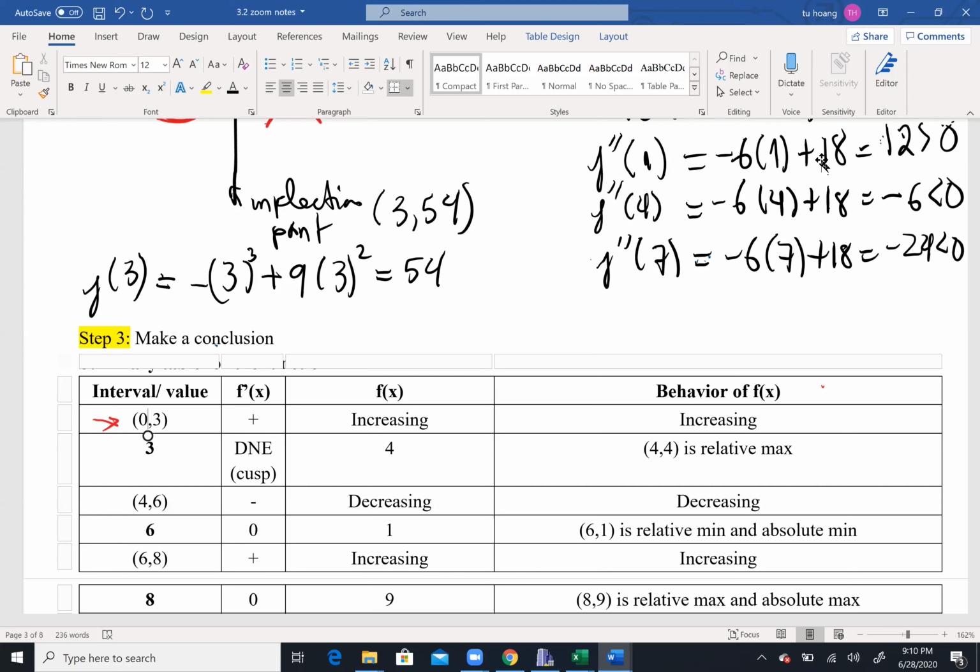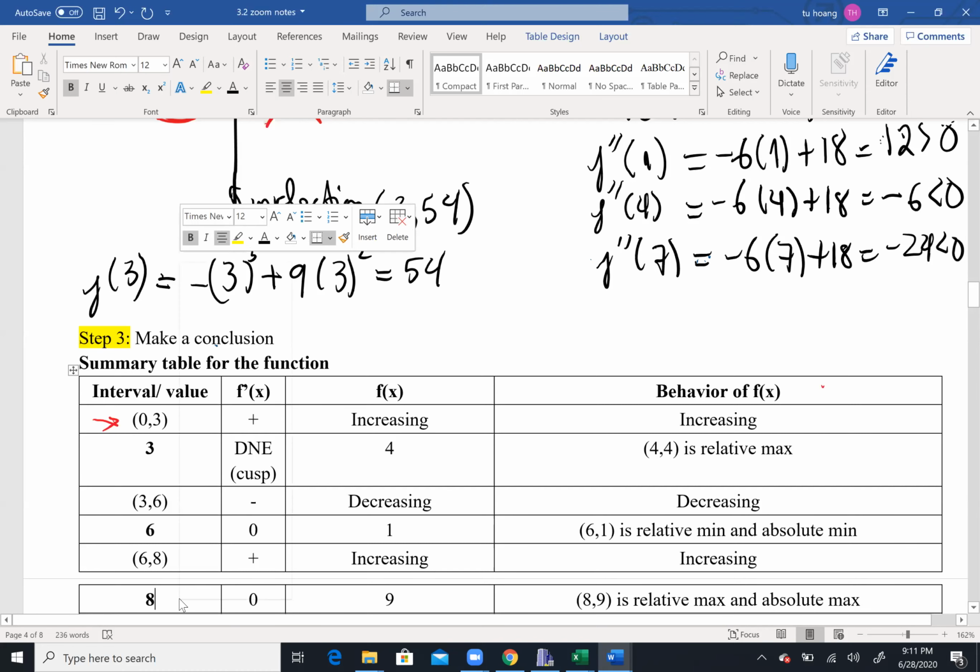So the interval, the first value is 0. I don't really care about that. So I'm just going to start with the interval from 0 to 3, and the value at 3, I care about that. And what else? 3 to 6, right? And then 6, and 6 to 8, and I don't care about the value at 8